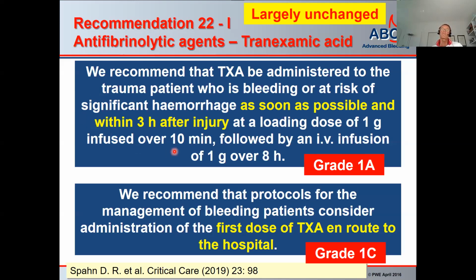We suggest to give first 1 gram as a bolus, followed by a 2nd gram as an infusion over 8 hours. And since it is so important to give the tranexamic acid early, we recommend that protocols for the management of bleeding patients consider administration of the first dose of tranexamic acid en route to the hospital or at the site of injury. In Switzerland, we moved to this 5 years ago, and I can tell you this made a